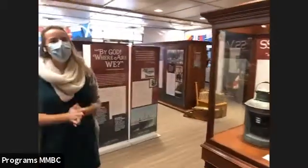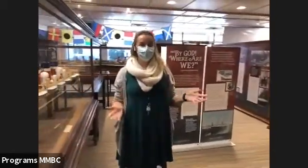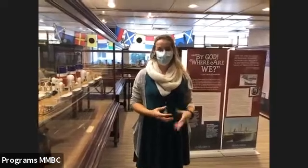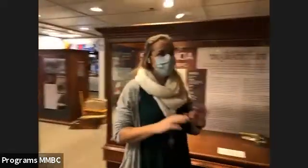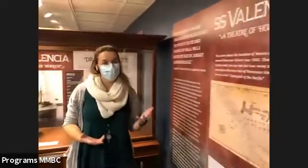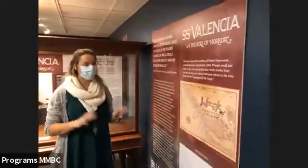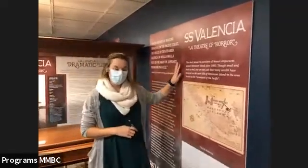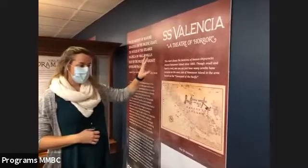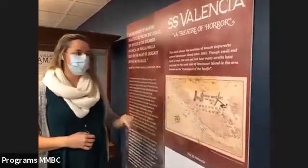And then the museum, we always have some kind of temporary exhibit going on. Right now, it's about a shipwreck called the SS Valencia. And I'll do a really quick summary of this one because it's a pretty long story with a lot of confusing details. But basically, where we live on Vancouver Island, this area, especially the outer coast, is known as the